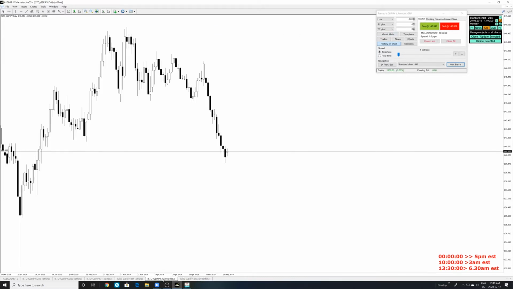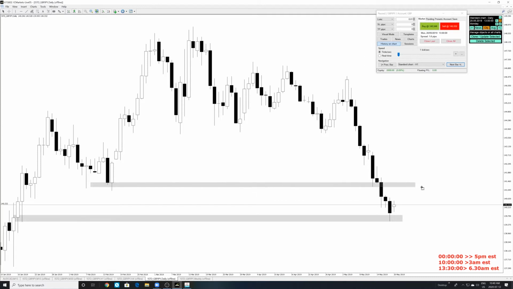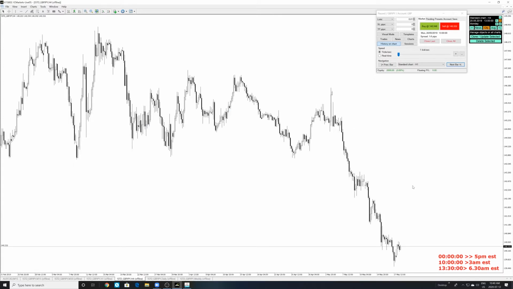So let's take a look at the daily here. Looking at the daily, it seems like price is maybe creating some sort of support down here. If you look to the left-hand side, it's creating some sort of support. And at the same time, it looks like a support formed here. And now daily is maybe trying to bounce. So we're going to go over to the 4-hour time frame and see what more information we can find. In the daily so far, we don't see anything of importance.